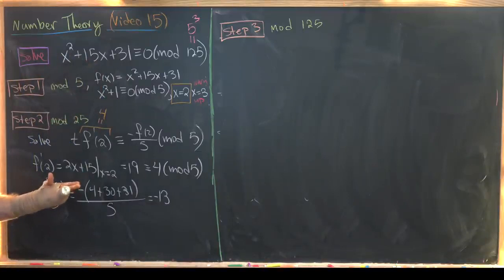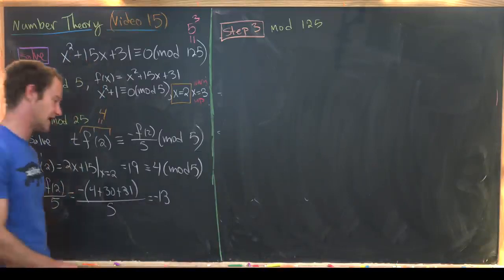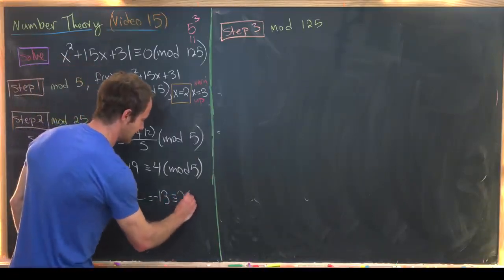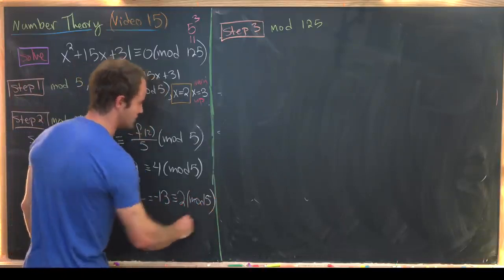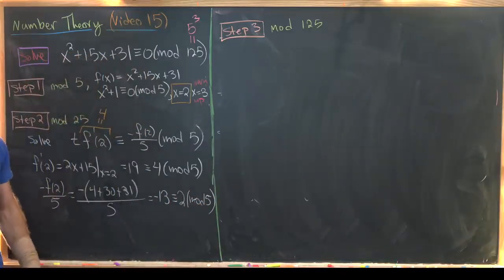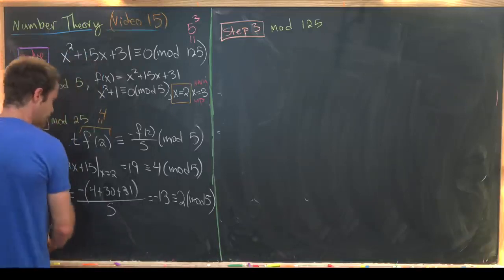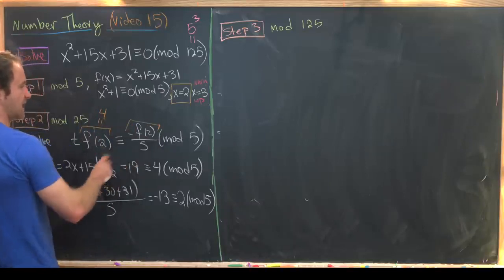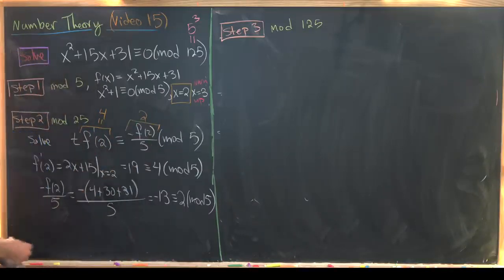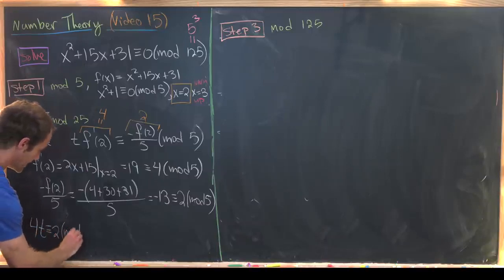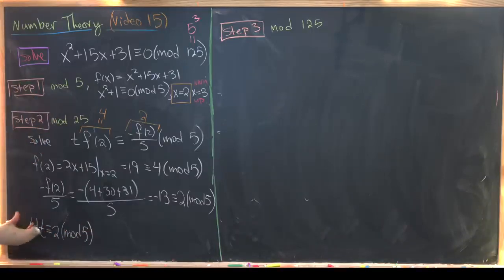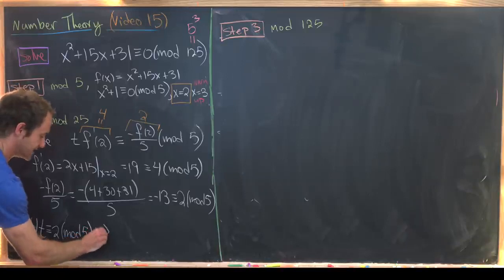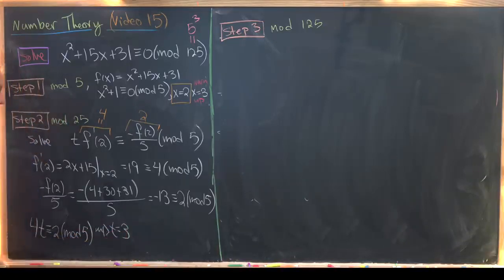But again, we only need to work modulo 5, so it's useful to notice that that is the same thing as 2 mod 5. It's 2 more than a multiple of 5. That multiple of 5 is negative 15. So just as we did with this thing right here, we can take this guy right here and exchange it for the number 2. So that means the congruence that we need to solve is 4t is congruent to 2 mod 5. But it's easy to check that a solution to that is t equals 3 from the theory of